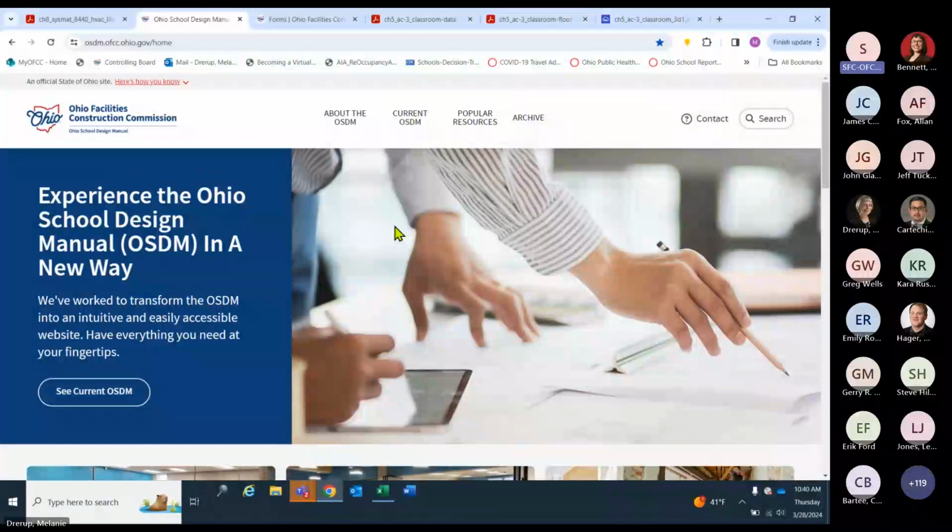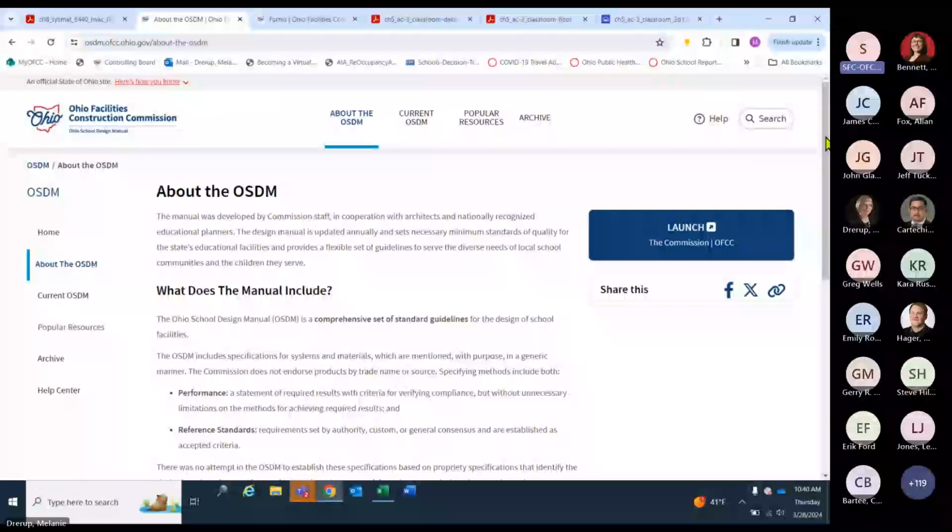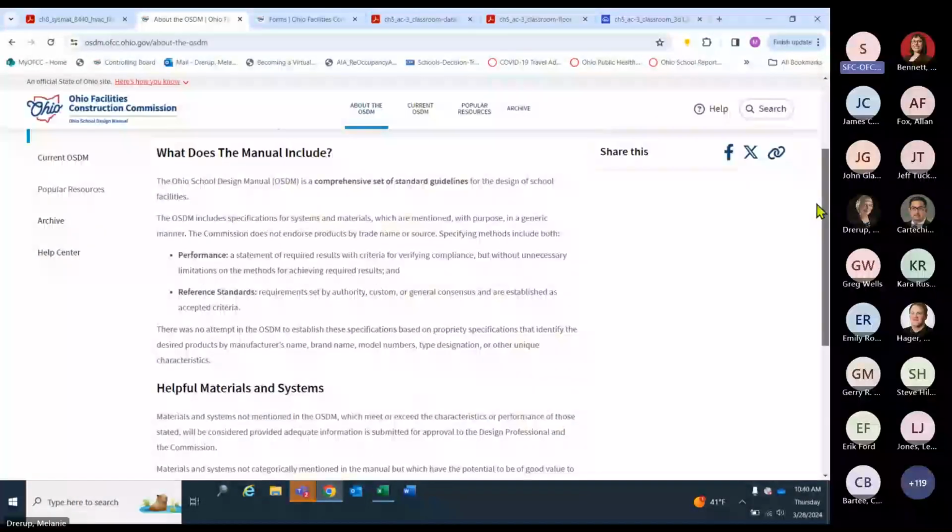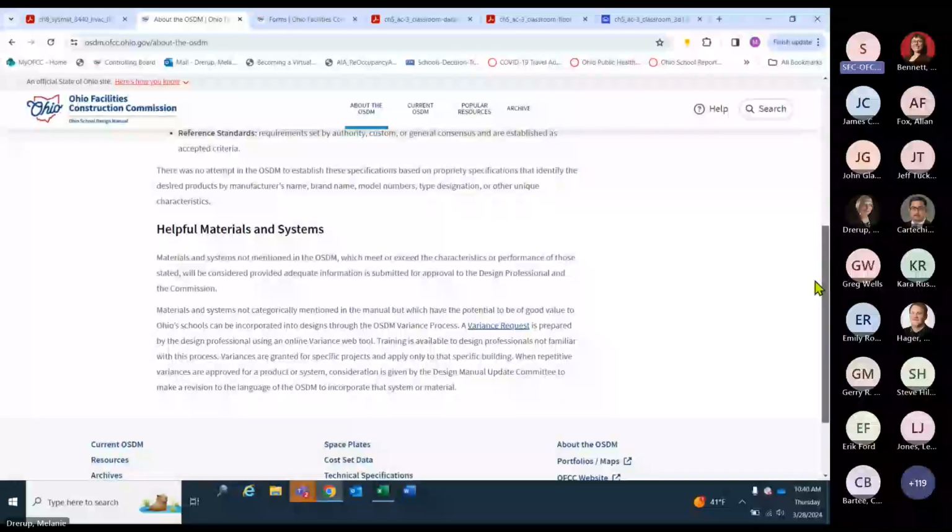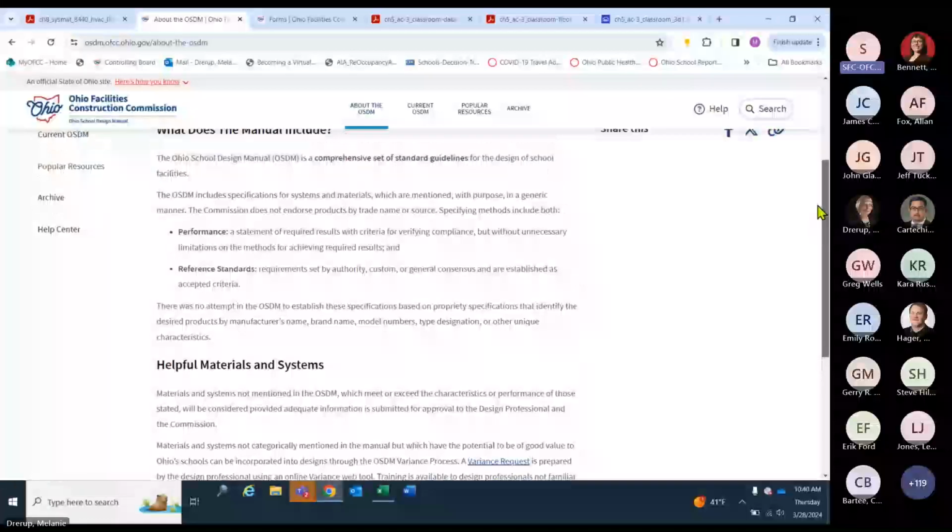There is one more question in the chat that just came in from Chuck Barty. Is there a variance request process in place? There is a variance request process in place. And as I noted about the OSDM, there is information about the variance process there under helpful materials and systems.